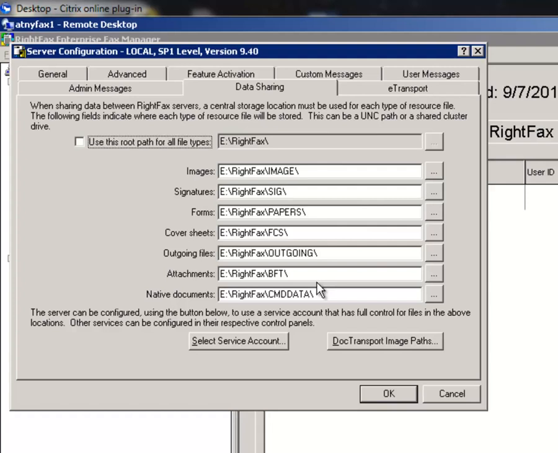This also has another feature. If you have a single server RightFax, you can use this tab to change the path of your images. We get calls occasionally from customers that are running low on disk space for their image folder because of the amount of size it uses. Here is where you would actually change it. So even if you're not licensed for a collective and you have a single server RightFax, you'd go right here and you could change this to another